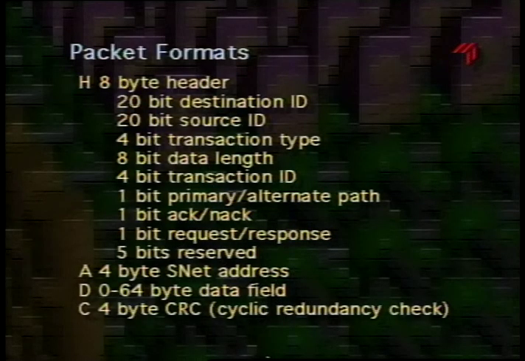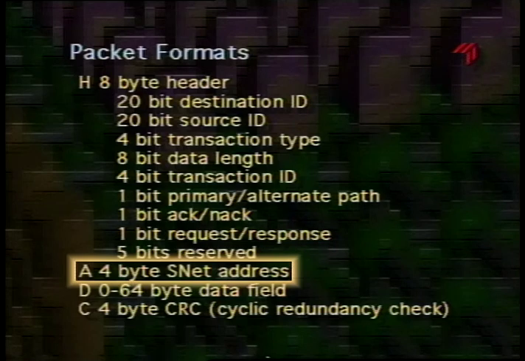The packet also includes a 4-byte address, which is a virtual I/O address that gets mapped to the physical address in each of the destination nodes. So in many cases, when a packet is sent to a CPU, for instance, this address is looked up in an address validation and translation table, which is similar to the function of a TLB and is used to convert this virtual I/O address into the physical page number within that node.